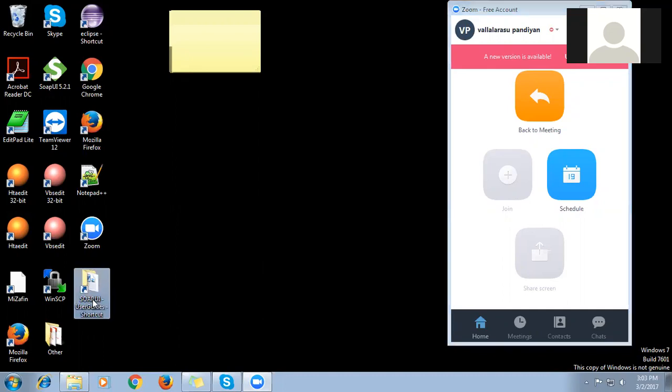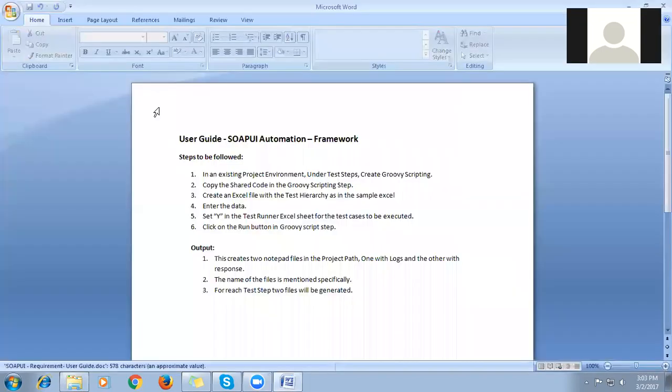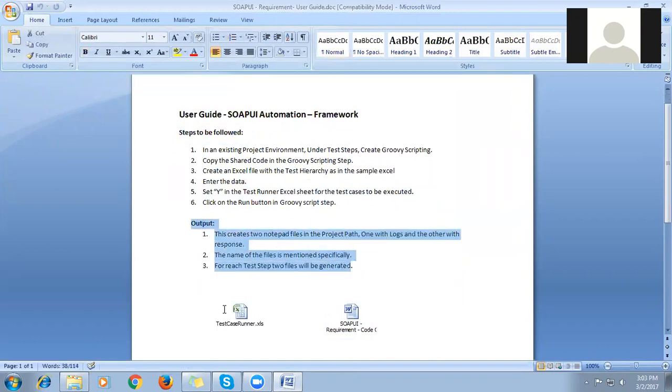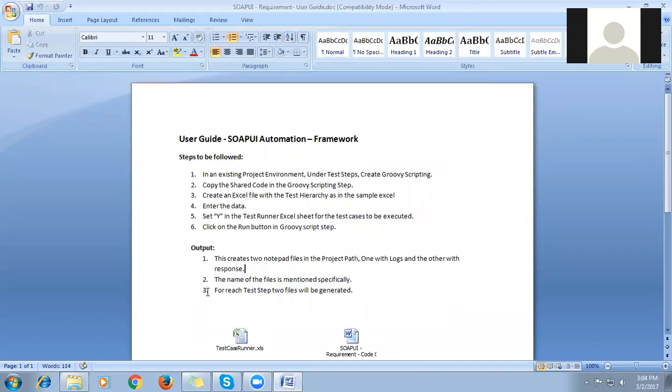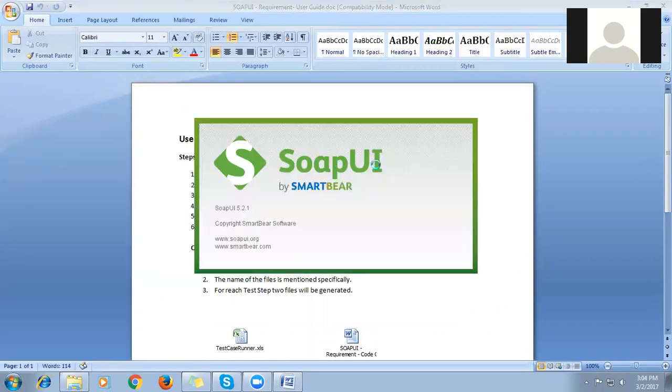So I'm just going to the SoapUI requirement user guide. These are the steps to be followed, and the expected output is given, along with the folder and the file of the test case runner and the SoapUI code. Before looking at what the actual framework is and how to set it up, we'll first understand the SoapUI project hierarchy structure,